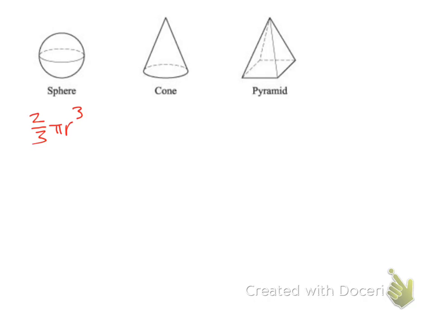Sorry about that. I definitely didn't think that looked right. So I stand corrected. It is actually 4/3 pi r cubed. The reason I put 2/3 on there is there's actually problems in your book that show